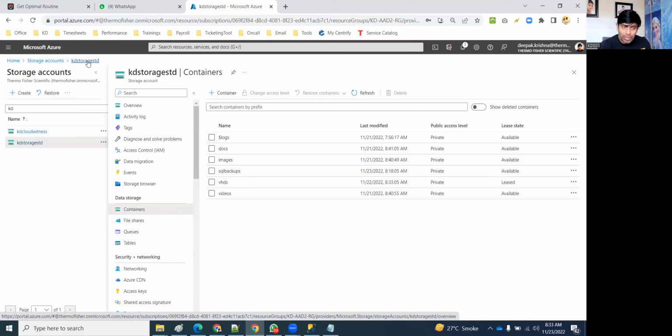And last but not the least, now it is blobs we are talking about. In blobs, again, we have three categories. One is a block blob, other one is a page blob. Now last one is append blob. So let's close the session after finishing append blob today. So this is the overall simplified discussion about storage.